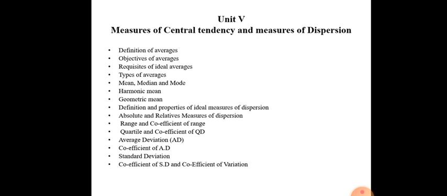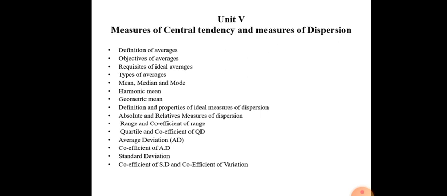And the mode is the value in a series which occurs most frequently, which has the greatest frequency. So this is about the types of averages: the mean, median, mode,